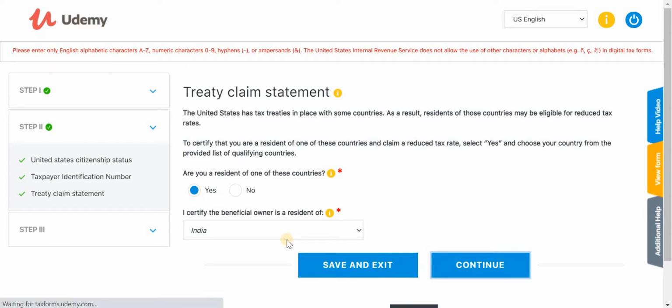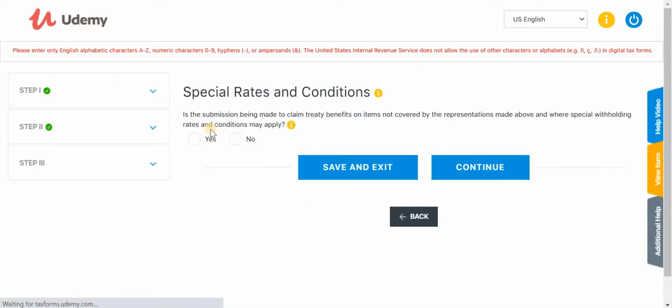Now, special rates and conditions: is the submission being made to claim treaty benefits on items not covered by the representations made above? It is for special withholding rates and conditions that may apply to your country or not.